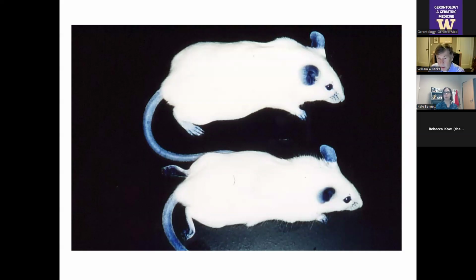Dyes gave rise to drugs. That's a whole story in itself, a fascinating one. But the point is that he used those dyes to develop drugs, and so he wanted to know where they go. So he injected this particular class of basic dyes into animals, and he saw that they distributed well throughout the body. You can see this is trypan blue, and you can see all the tail and the ears are dark blue. All the internal organs, peripheral tissues will be so blue you can't really tell what they are.